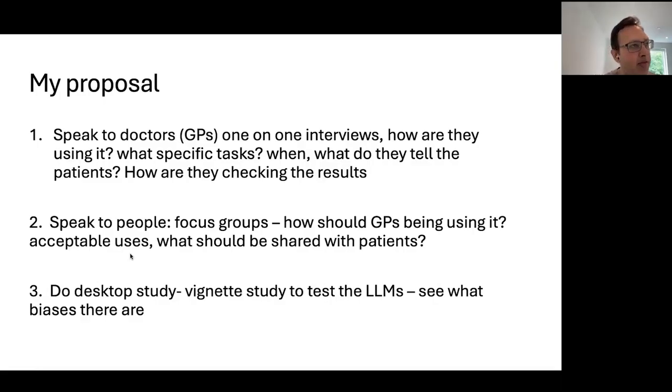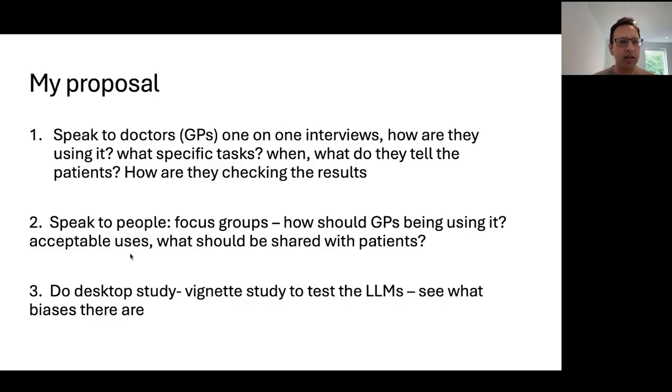And then my other gut feeling is we need to speak to people about these specific use cases, because I feel like, like what Rashmi is saying, there's probably some cases where yes, you can use it, but you shouldn't be subservient to it. And so maybe if you use it like this, then yes, patients and the public are broadly happy. So I feel like I need to speak to people to understand what that looks like.